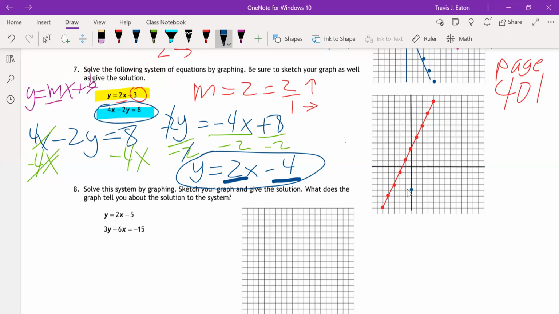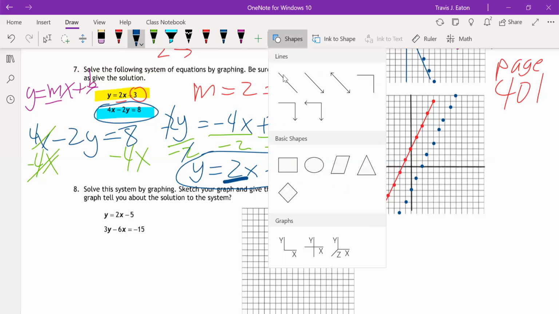So we go up 2 over 1, up 2 over 1, and so on, right? And I'm not getting those exactly on there, but I'm going to be close enough. Down 2 over 1, down 2 over 1. Okay. Now I can connect my dots with my line